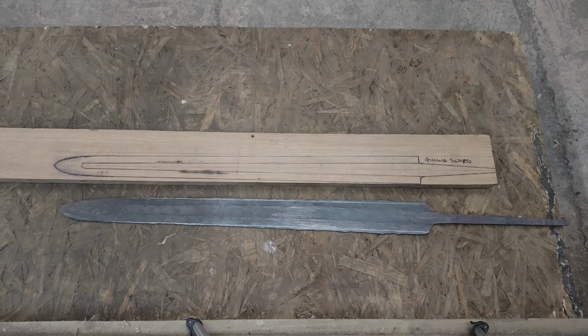I've also finished the fuller and drawing out the cutting edges of the blade, and I have marked on in chalk the outline of the original sword. So as you can see, the process of drawing out the cutting edges actually made my blade slightly wider than the original, but that's actually not a bad thing, because